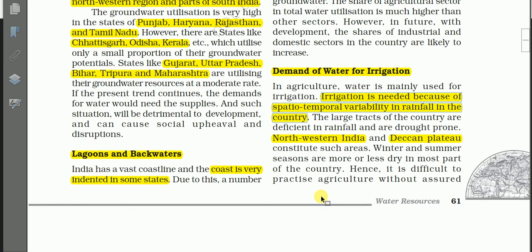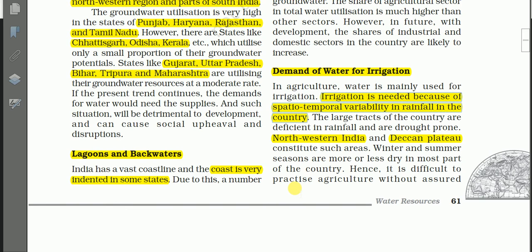That is what is called spatial variation. In some areas like Rajasthan and this northwestern part, in Gujarat also, and in the northern part, Ladakh areas, we find less rainfall or precipitation. Whereas in some areas, in Northeast India, for example Meghalaya, we find heavy rainfall. In this way we find a spatial variation in the amount of rainfall.